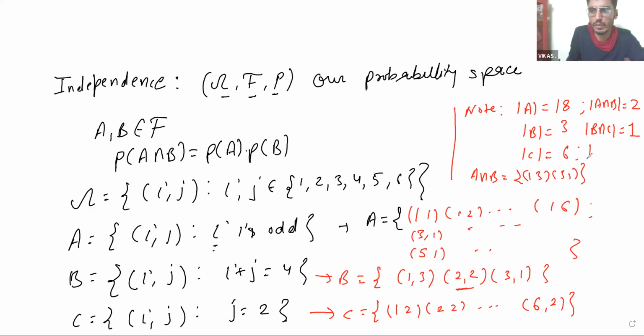Similarly, cardinality of A intersection C. So you can see that A is this event, C is this event. So 1, 2, 2, 2, 3, 2. So here will be 3, 2, 4, 2, and this will be 5. So this number and this number will be the favorable cases. So we have calculated the